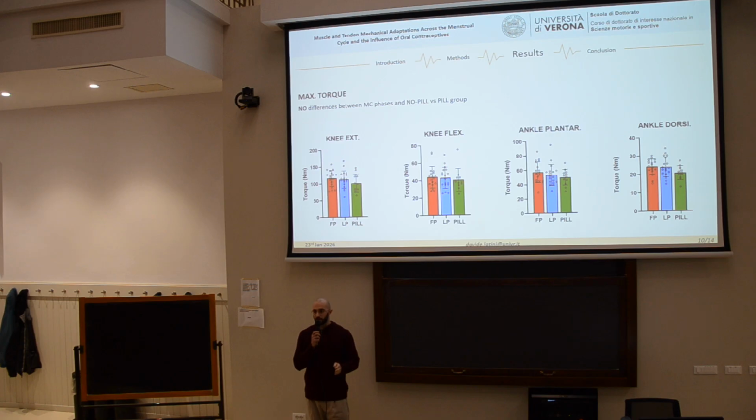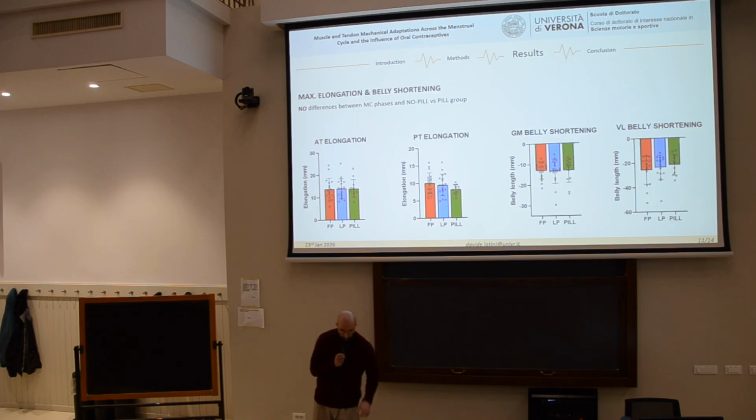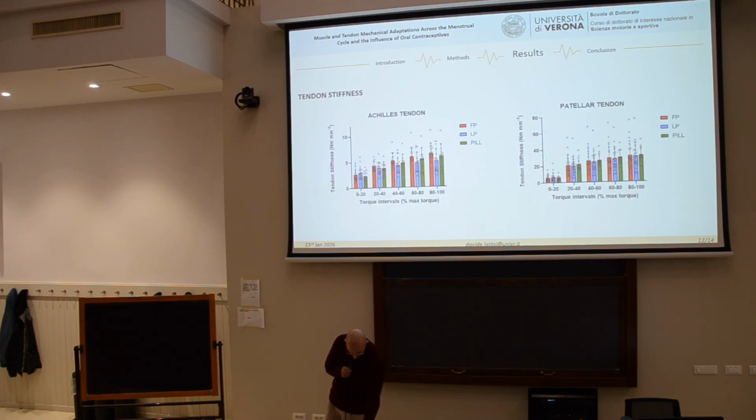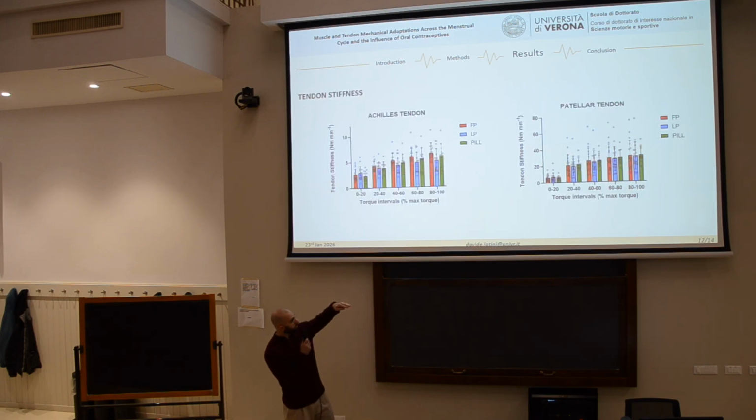About muscle torque data, there were no differences between phases and between contraceptive users and non-users. Same for the deformation of tissue, so maximal elongation of the tendons and belly shortening. For tendon stiffness related to the torque intervals, we found basically no effect of menstrual cycle phases on patellar tendon